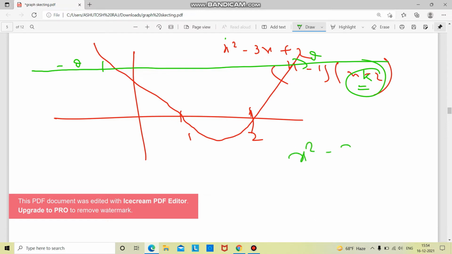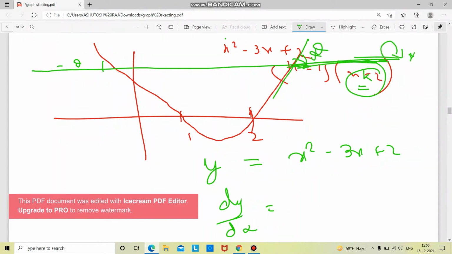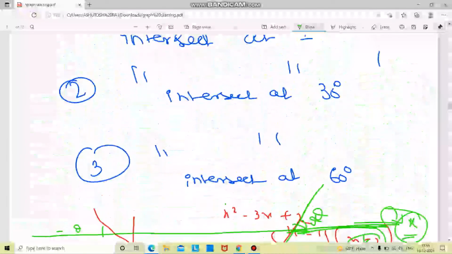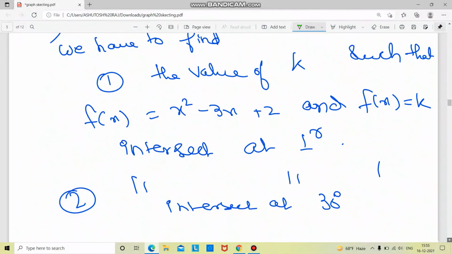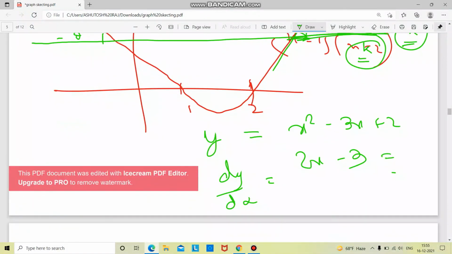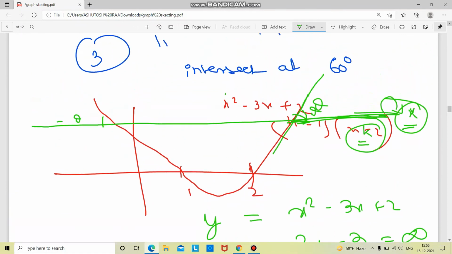So we take y equal to x square minus 3x plus 2. dy by dx is the slope of the tangent. This line is working as the x-axis, so the slope would be the same as this. So dy by dx is 2x minus 3. If the angle between those two is 90 degrees, then the slope would be infinity. Then x is also infinity. So there is no value of x for which it could